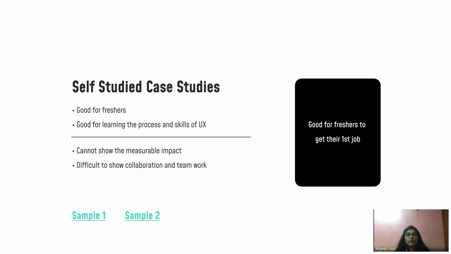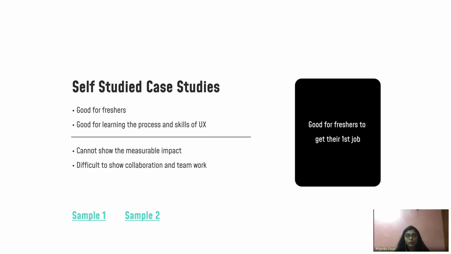Plus, it is very difficult to show collaboration and teamwork, because it is your project, you are doing it, so it becomes really difficult. The only way you can show collaboration is by interviewing different users. You can say that you have interviewed different users, or taken feedback from industry professional designers, and implemented that feedback into your portfolio. These are 2 3 methods where you can show collaboration, but there is no actual method.